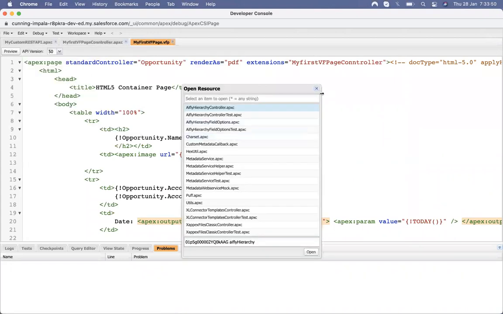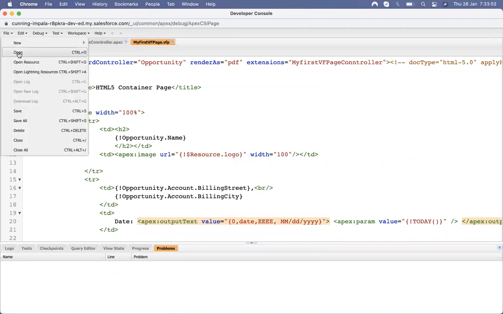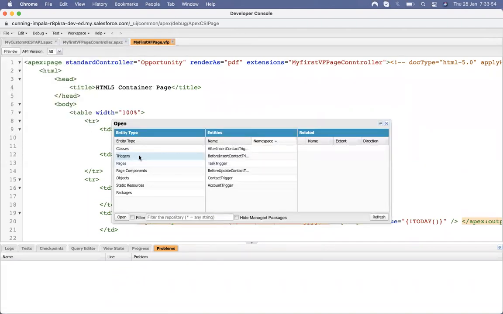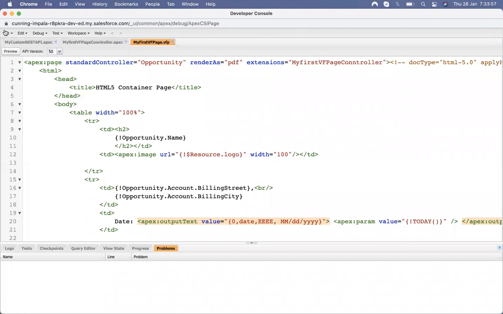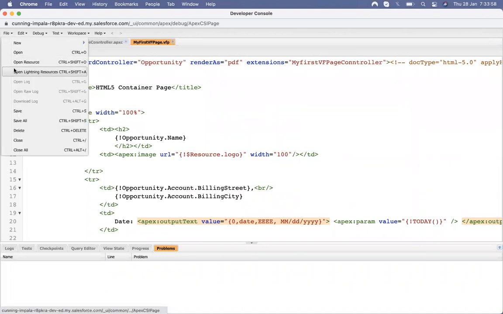Let's open the component, open the lightning resource.